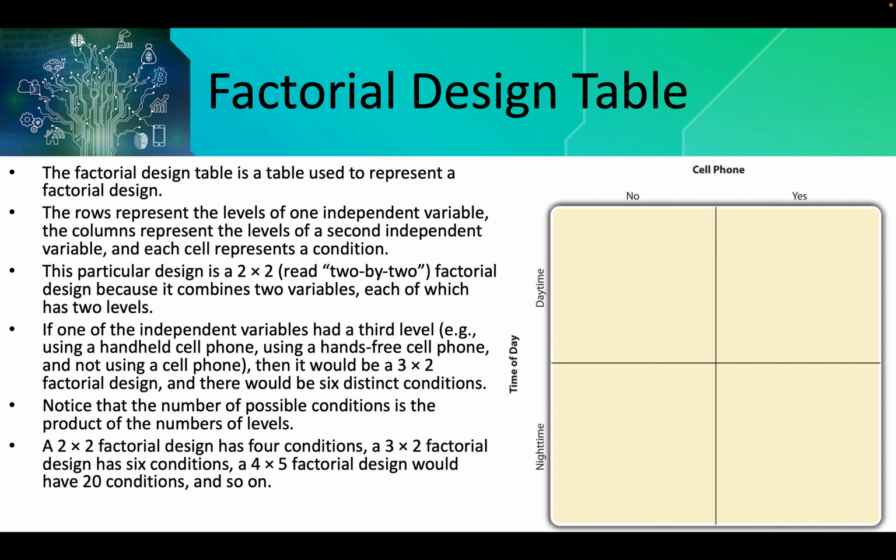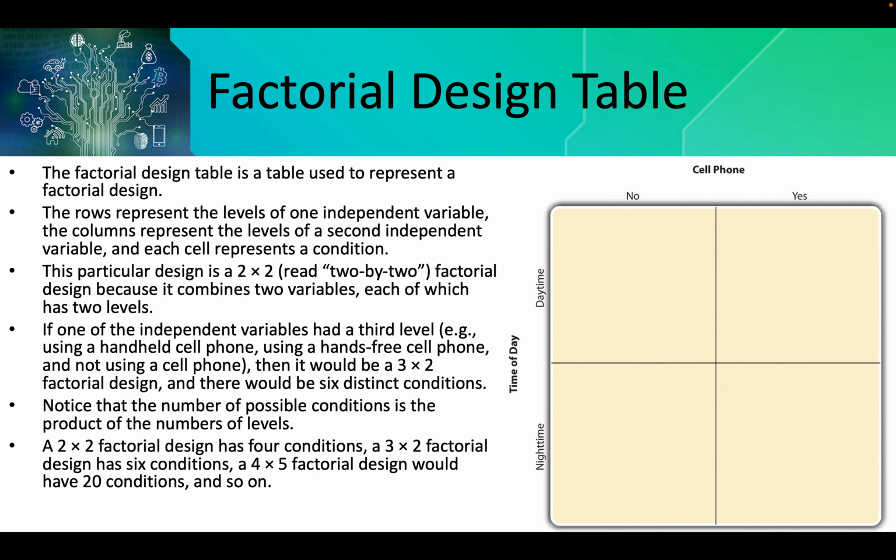The factorial design table is a table used to represent factorial design. The rows represent the levels of one independent variable, the columns represent the levels of a second independent variable, and each cell represents a condition. This particular design is a 2 by 2 factorial design because it combines two variables, each of which has two levels. If one of the independent variables had a third level, for example,